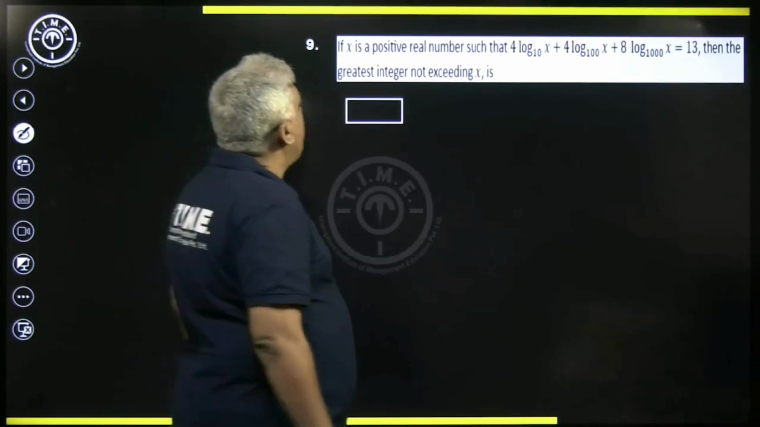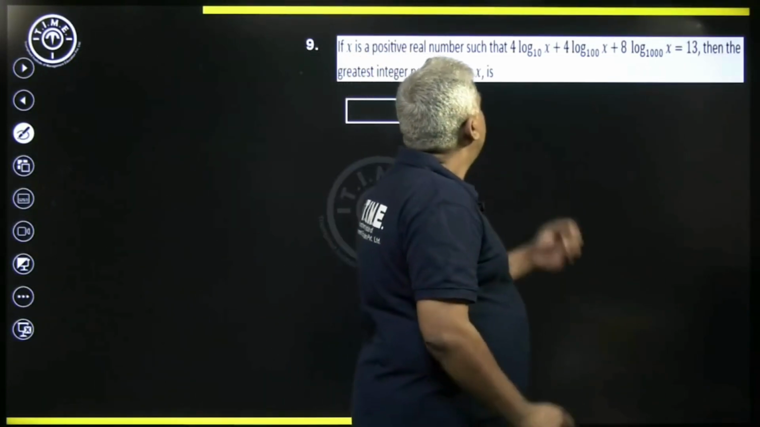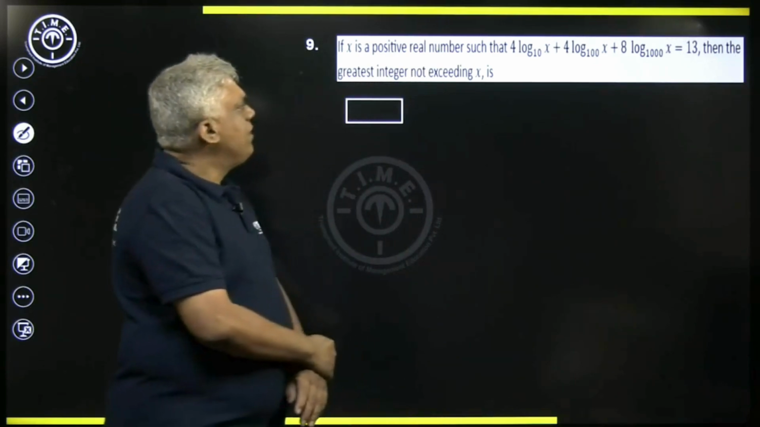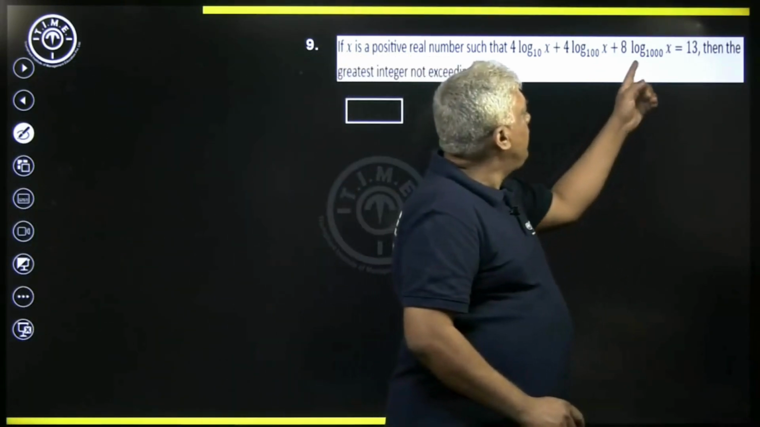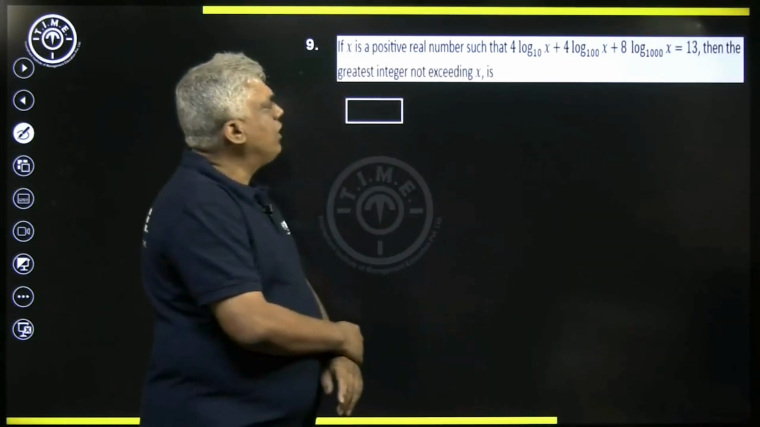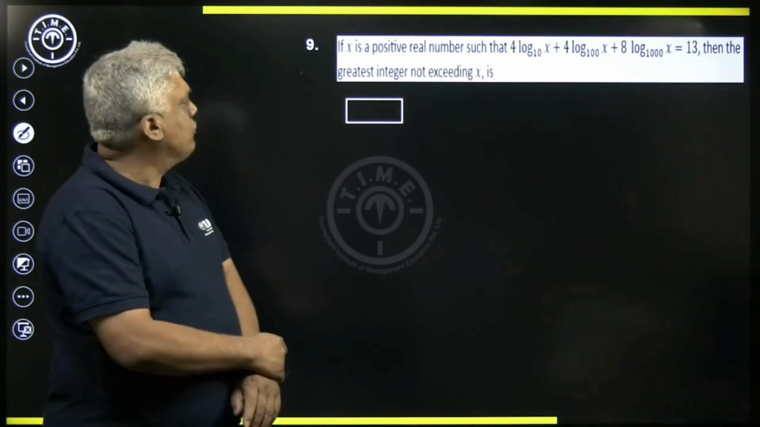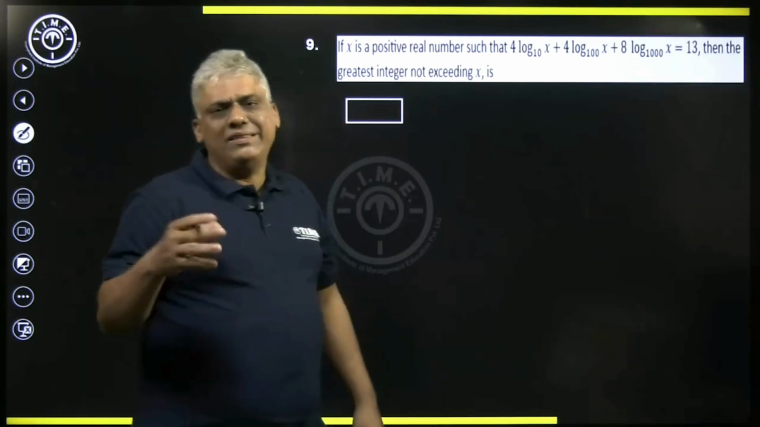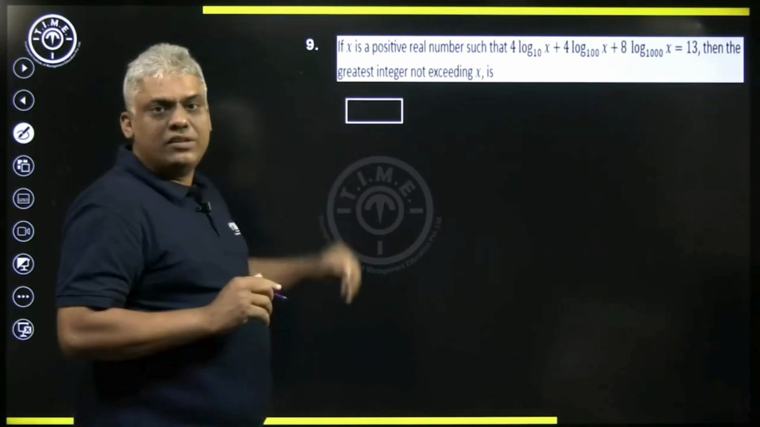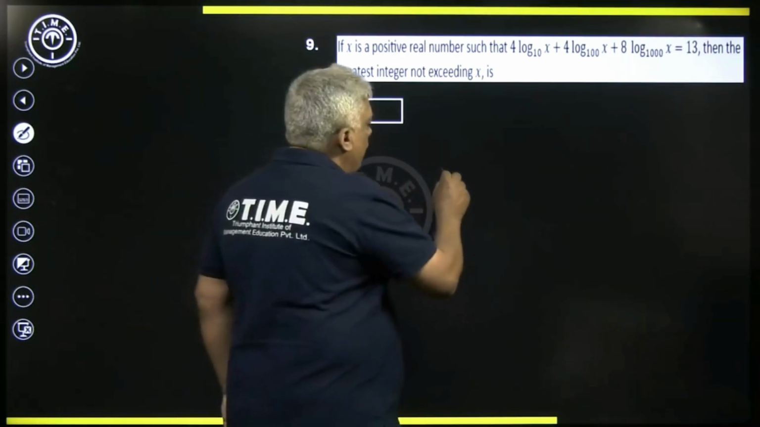Now, if x is a positive real number such that 4 log x to the base 10 plus 4 log x to the base 100 plus 8 log x to the base 1000 equals 13, then find the greatest integer not exceeding x. Okay. Now, before I start this question, there is a formula you can see,